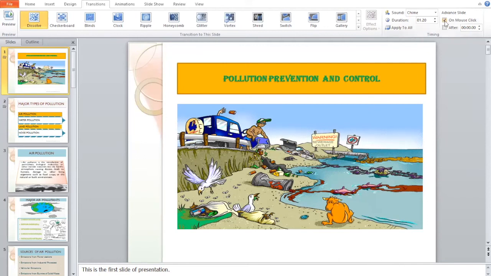This option allows you to move to the next slide after a click of the mouse. If I don't click the mouse, then it will not go to the next slide. After clicking the mouse, it will navigate to the next slide.